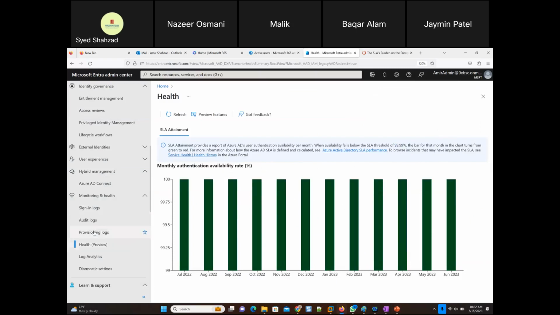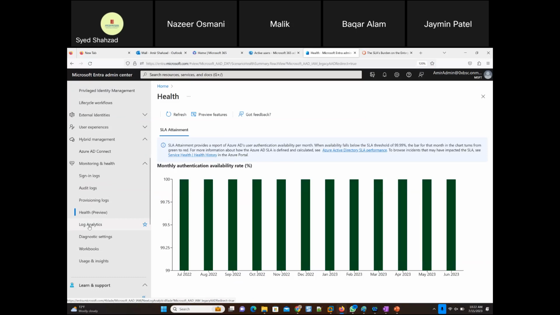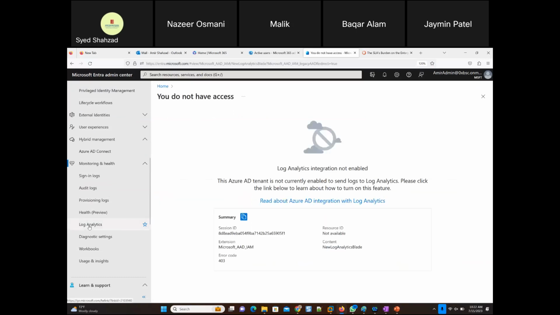All right. So that is for health. And then there is log analytics. Again, if any of the application creates log files, so first of all, obviously, when you configure that, you have to configure a storage account in Azure as well, which will cost you a little. And then